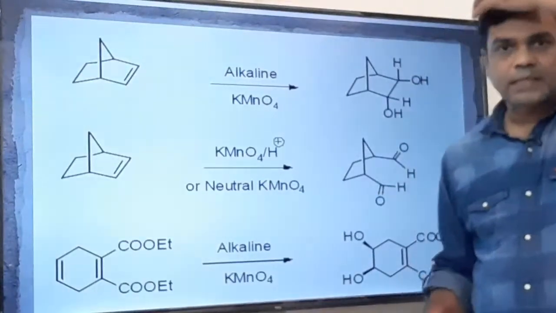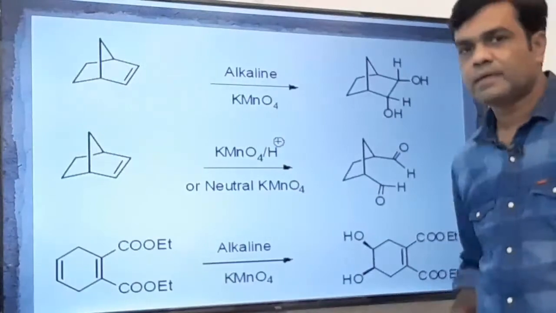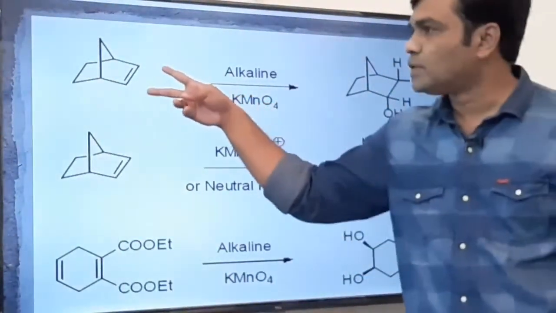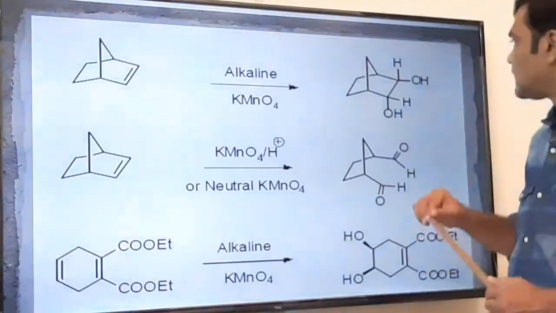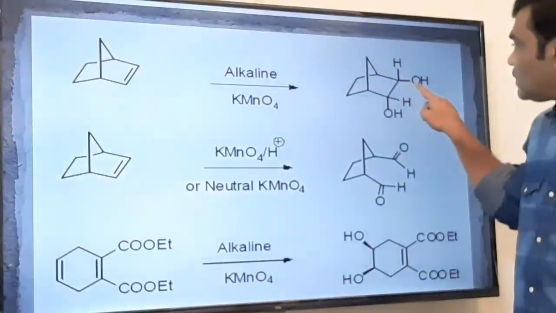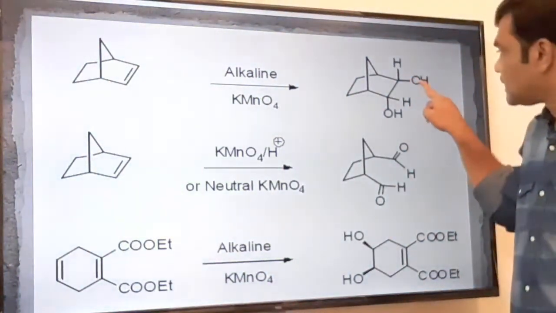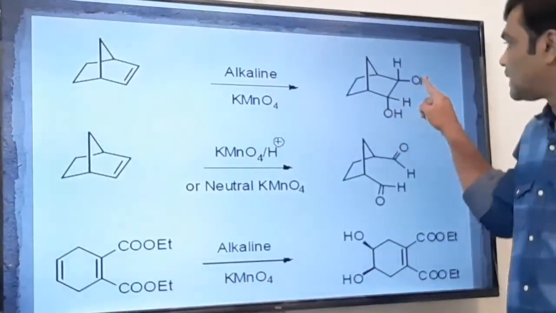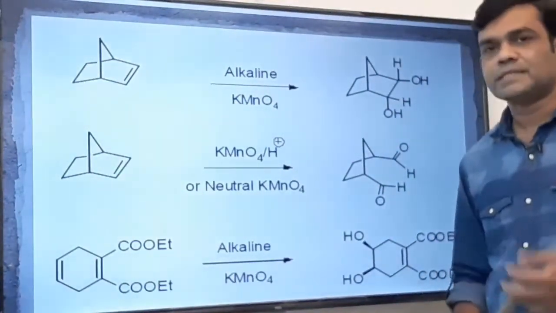As you know, in alkaline media there is a diol formation, cis diol formation. Now this is a norbornene, and in potassium permanganate two OH groups are added. Now how to add the two OH groups at cis position in case of bicyclic ring? Remember, in bicyclic ring, if one OH group is at 1,2 position, or adjacent position, or vicinal position, if one OH group is at equatorial position and the other OH group is at axial position, that is AE transformation, one is axial, other is equatorial, then that is the cis form.